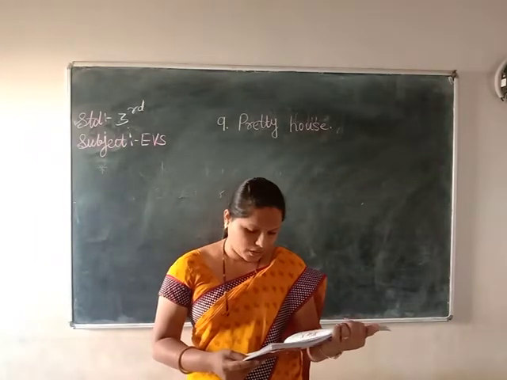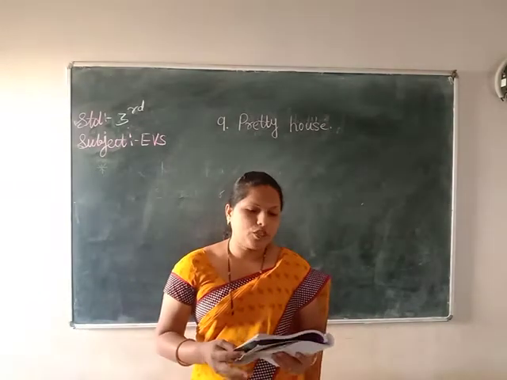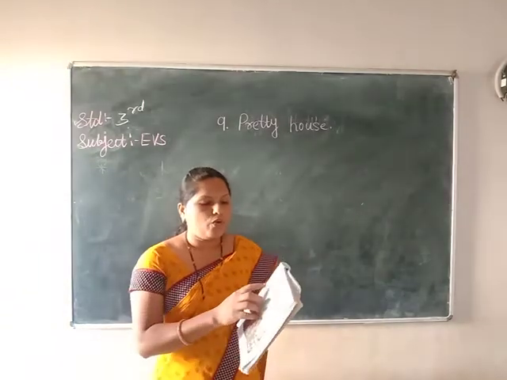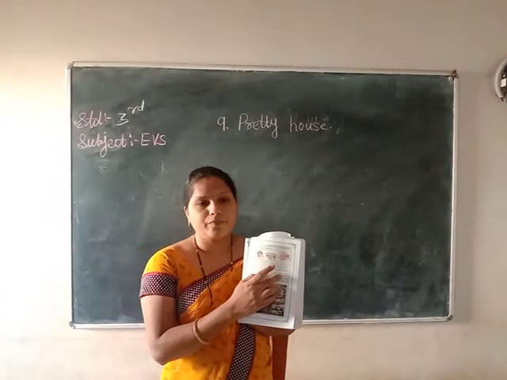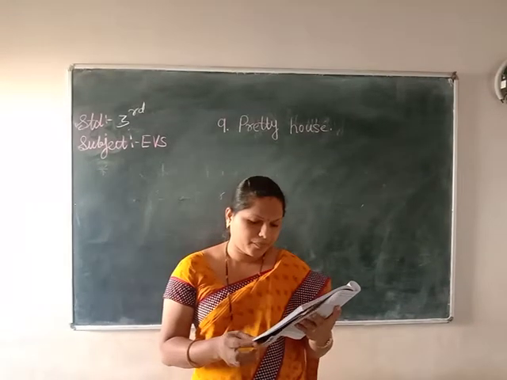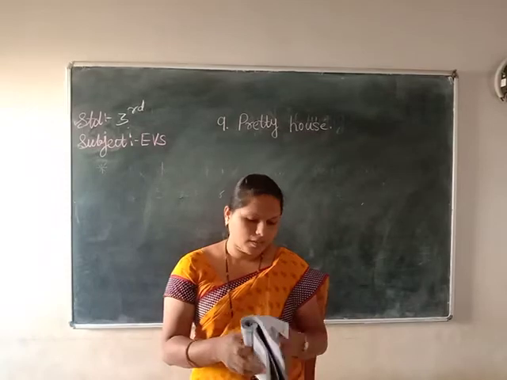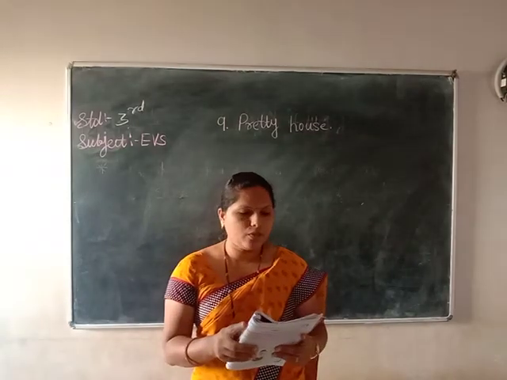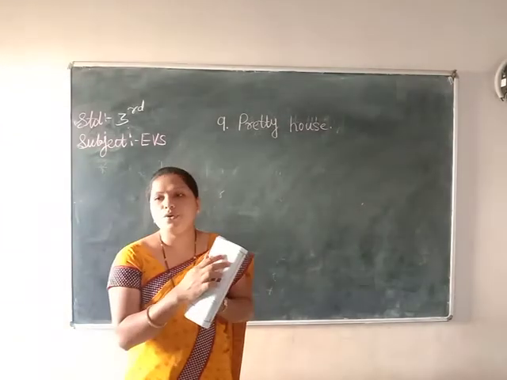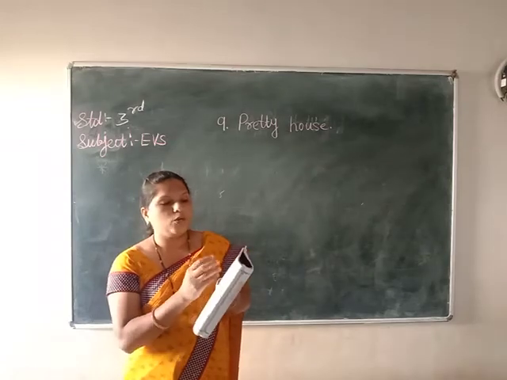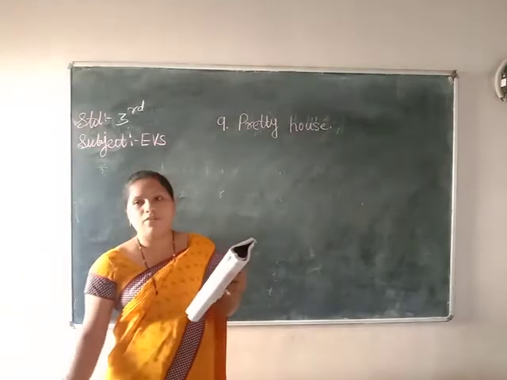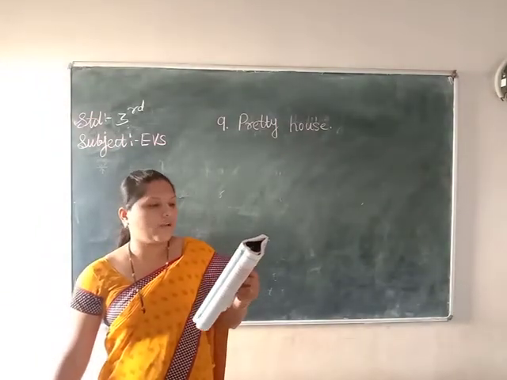And on page 84 here is one activity. Observe the picture, write the speciality in the decoration of these houses. Write in words the different ways you decorate your house in some festival season. And lastly, on page number 85, make a list of the things that are needed to decorate a house. Means you have to write what you need to decorate. There may be some balloons, some rangoli, different colors, bunting of banana leaves, some flowers. Okay, these are all decorative things.